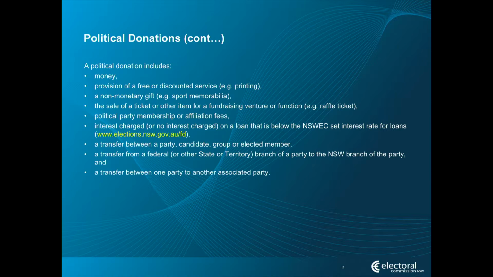A political donation includes a monetary gift, the provision of free or discounted services, for example printing, a non-monetary gift, for example sporting memorabilia to be auctioned off at an election fundraiser, the sale of a ticket or other item for a fundraising venture or function, such as a raffle ticket, political party membership and affiliation fees, interest charged or no interest charged on a loan that is below the Electoral Commission's set interest rate for loans. Find out more about the Electoral Commission's set interest rate for loans on our website